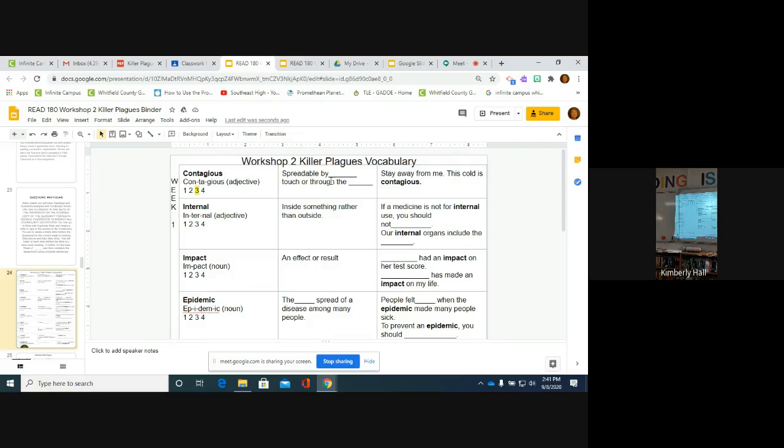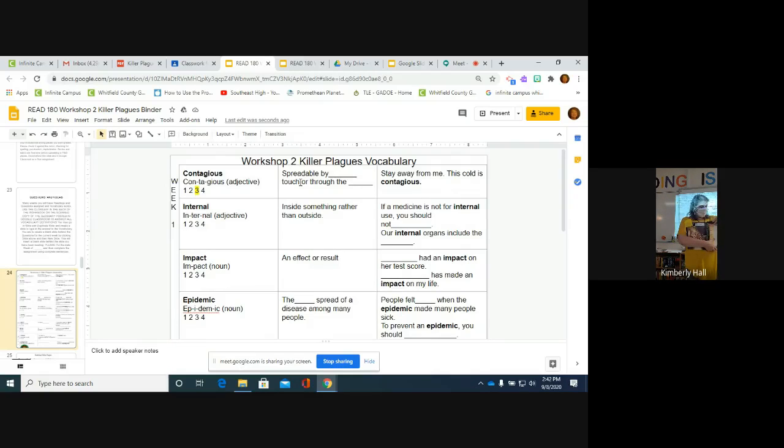Now, I've got a definition, and I've got this here. Spreadable by blank, touch, or through the blank. I think this actually is the answer. Okay. This comes from your glossary. Now, those of you who are in this room, I told you to tab, and you would actually, in just a minute, right? If I open up my book,